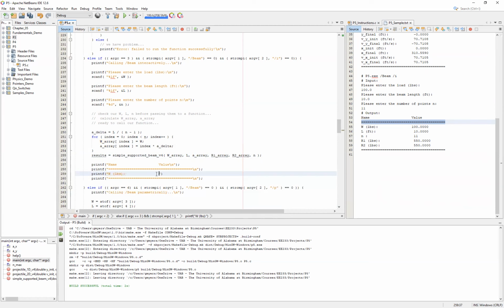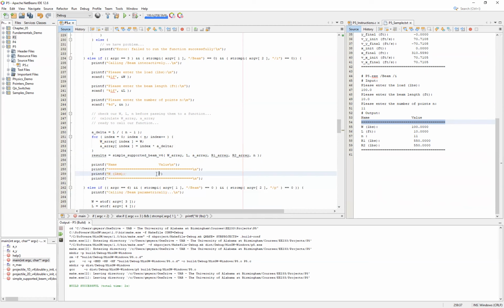And now this is where things get interesting. And I'm going to go ahead and stub these in here. Our R1, which is also going to be in pounds. And we're going to leave this as percent 8.4F followed by a new line. But the problem here is we don't have a singular R1. And so you have to understand what we're actually trying to do. We are distributing the load W at multiple locations. And each one of those locations will have a resultant reaction force R1 that will be put in the R1